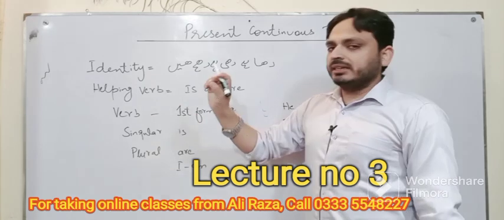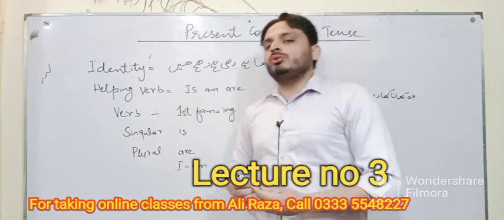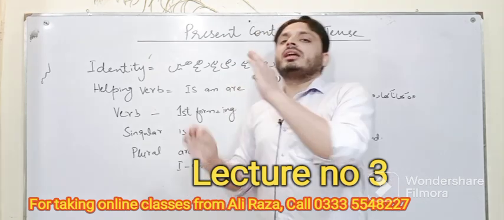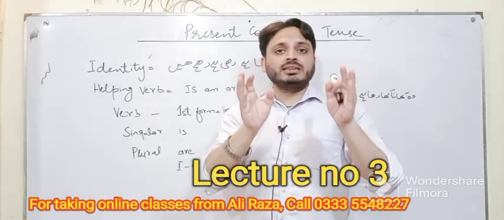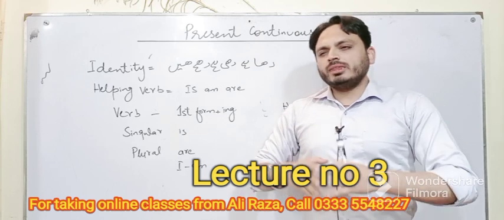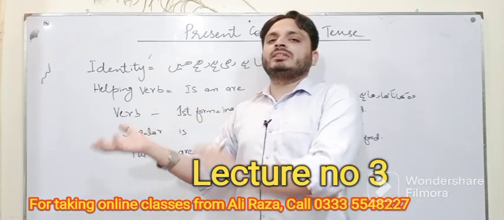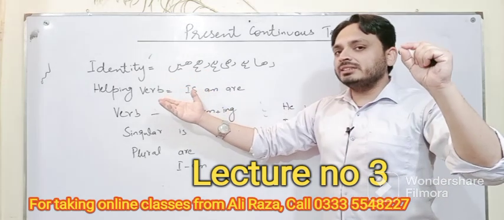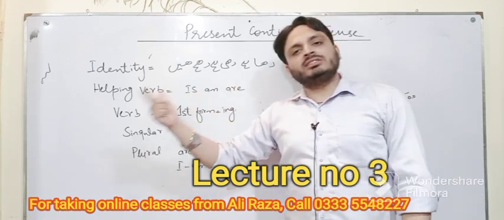So for present continuous tense, first of all we will discuss its identity. If you can understand Urdu, you can identify this tense from the last words in the sentence, which are raha hai, rahi hai, rahe hai. If you come across any sentence which ends in raha hai, rahi hai, rahe hai, for example, वो भाग रहा है, लिख रहा है, पढ़ रहा है, and so on. Learning tenses in English to English is something really difficult for you, so why not take this type of help in a desi way. Any tense which is ending in raha hai, rahi hai, rahe hai, just instantly point out that this is present continuous tense.